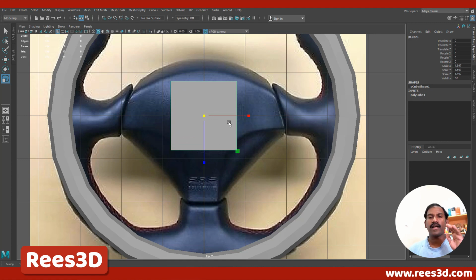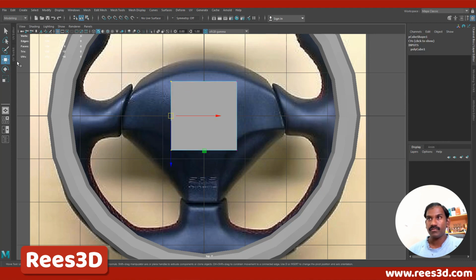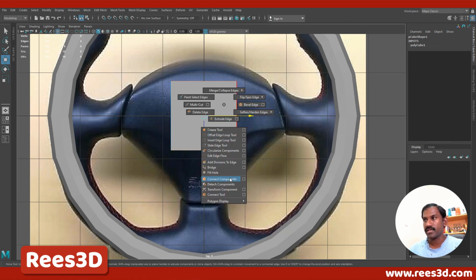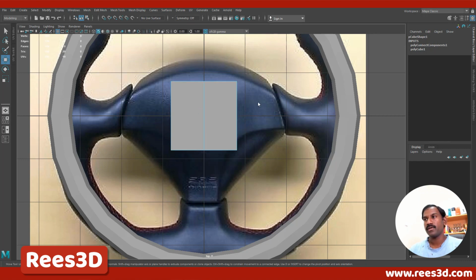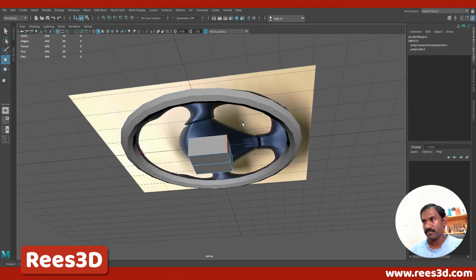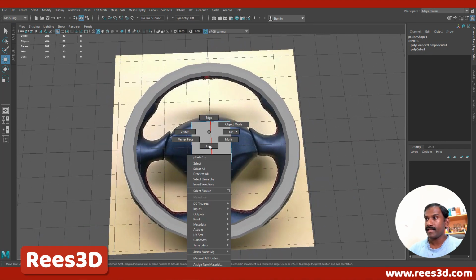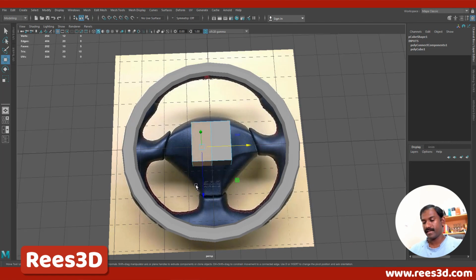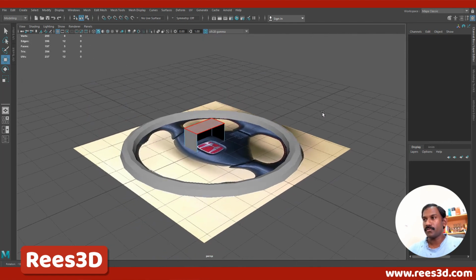Okay, and now at this point I actually want to add one line in between so that we can split it into 2 different pieces, and we can just work on one side and it will automatically create the duplicate of the other side. So I can either just click these 2 guys and move them to the center, so that's one method, or I can simply select all these edges right in the middle and press shift right click and choose connect component. So that's going to add one edge loop right in the middle. You can see that the edge loop runs along all these sides. Now all I can do is simply select one side and delete it. Done. So now we have just the one side,